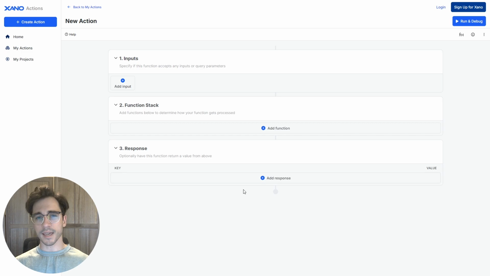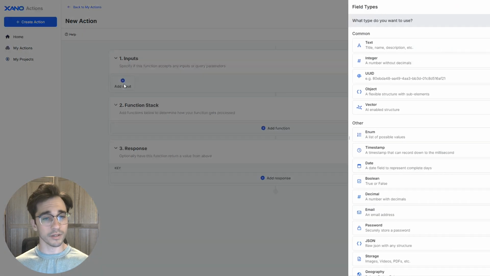So in this case, let's imagine a scenario where in your application or across your applications, you often have to deal with users submitting their first and last name, but doing so maybe without capitalization. And you also just want an easy way to concatenate these values so that you can use them again and again. What this looks like here in the Xano action is we'll start with our input here,